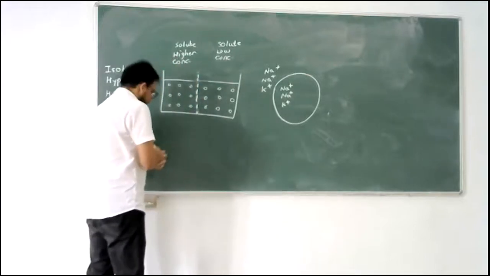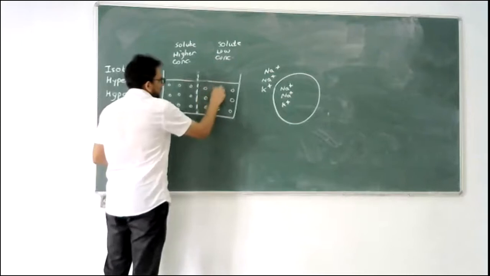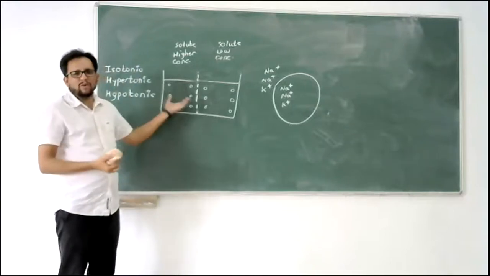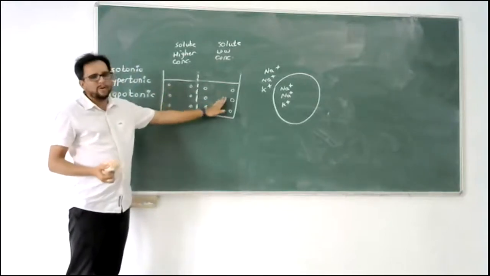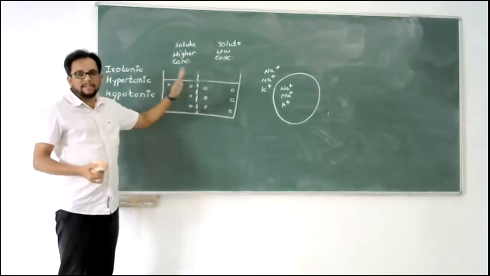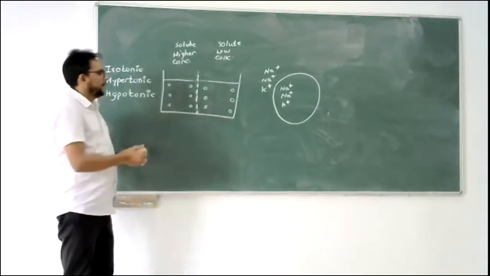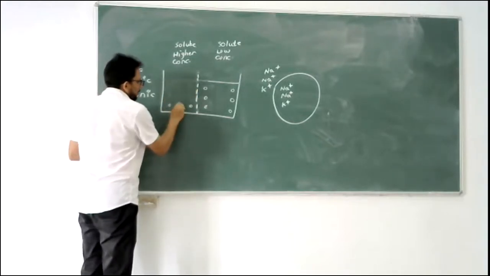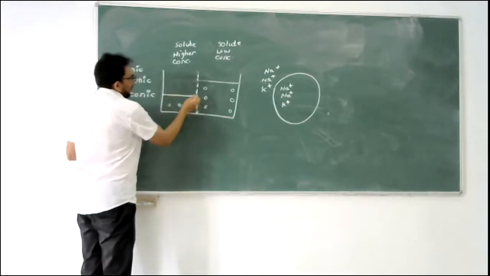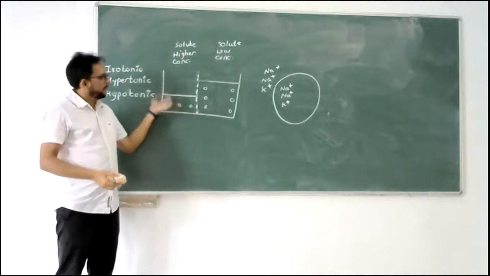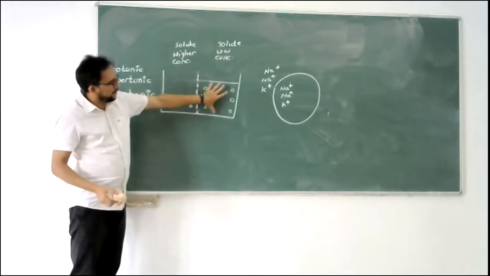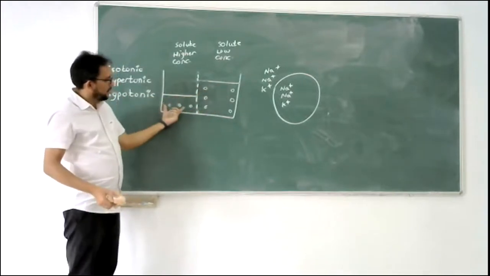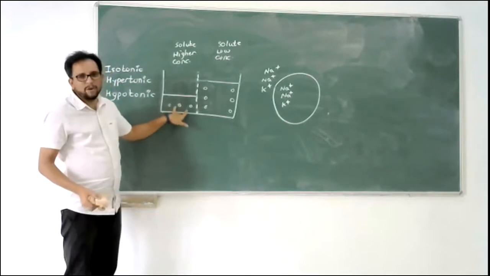Again, one example here is, let's say there are only 6 solute molecules and the same amount of solvent. They will still be isotonic. Even in this case, there are only 3 molecules and half of the water. Right? Now, water here is double that, with 6 molecules of solute. Here, water is half and there are 3 molecules of solute.